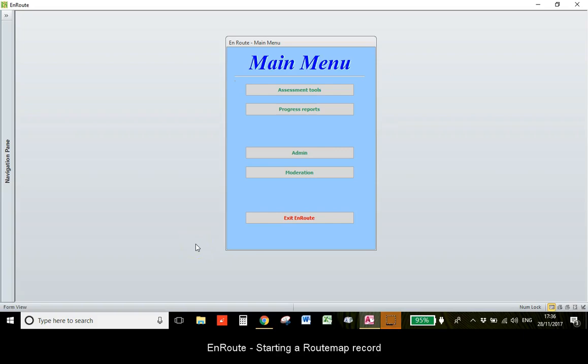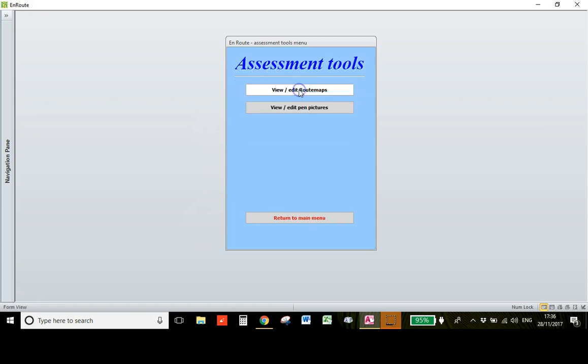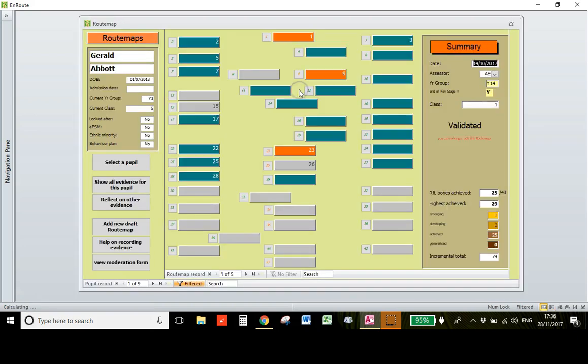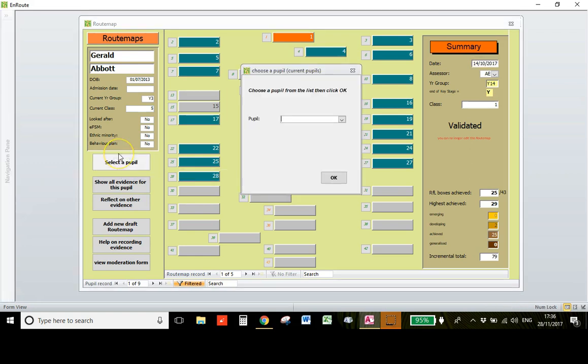In this tutorial I'm going to show how to enter a Routemap assessment. So from the main menu I'm choosing Assessment Tools and View and Edit Routemaps. And I know that there's one pupil by the name of Jack Jones who has no Routemap assessment at the moment. So I could select him, and as well as choosing his name from a list, I can actually just type the first letters of his name and it will find it that way,